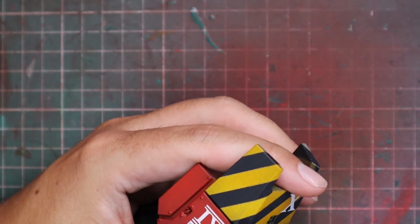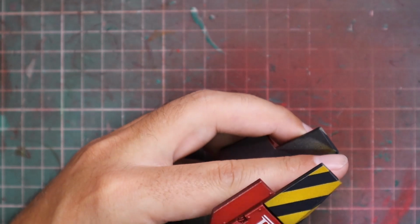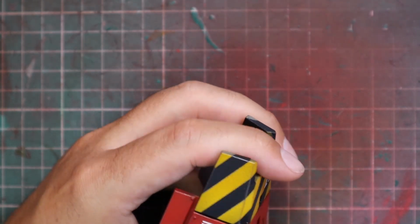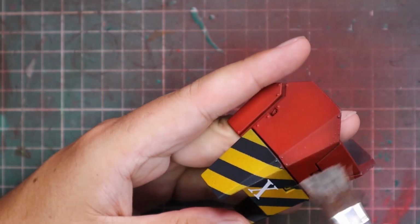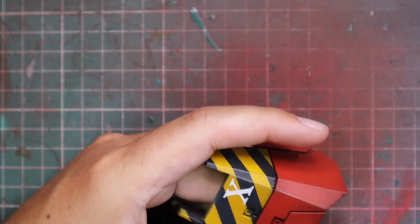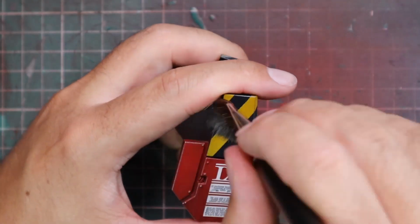It's a very, very simple thing to do, but it stops it from looking like a toy, because if it's just a flat, beautiful red and then flat, beautiful chevrons, and it's supposed to be a machine of war, it doesn't really suit in my head. It's not an Eldar vehicle. I think Eldars should be nice and clean, but